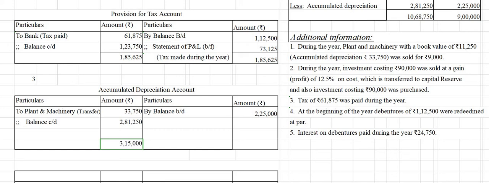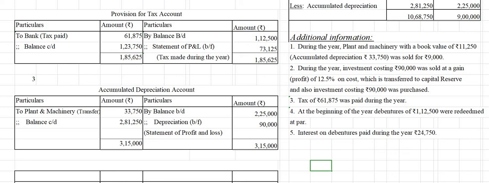So we are getting 3,15,000. That 3,15,000 we can transfer here. Okay, and we will get a balance of 90,000. So what is that 90,000? That is the depreciation created during the year. That is depreciation created during the year. Okay,